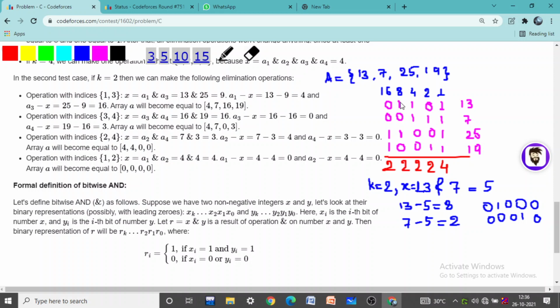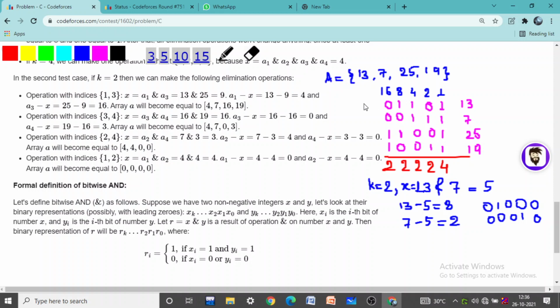So which values have become 0? Basically this 4 and this 1, this and this have become 0, and that is because these two were the columns where both of them had set bits.